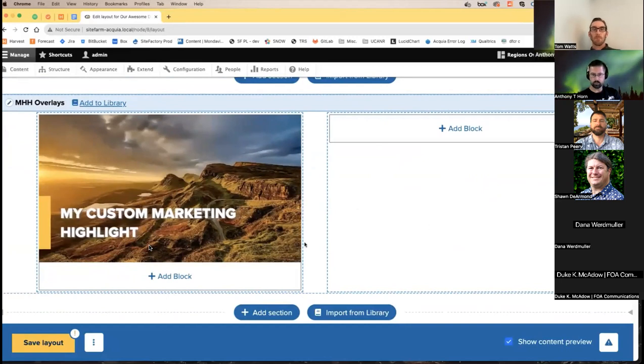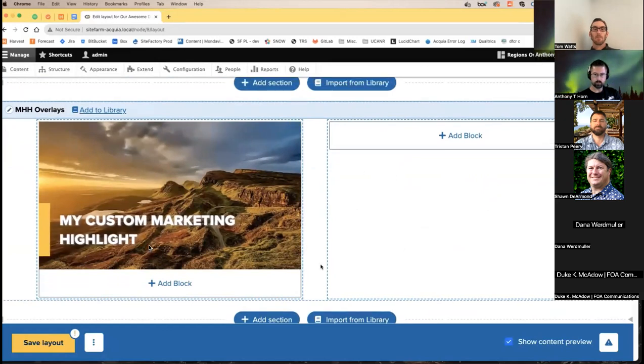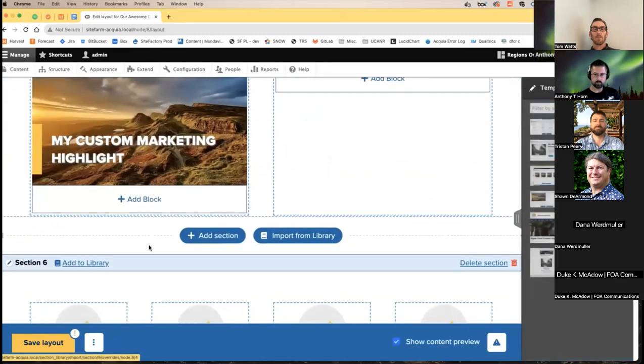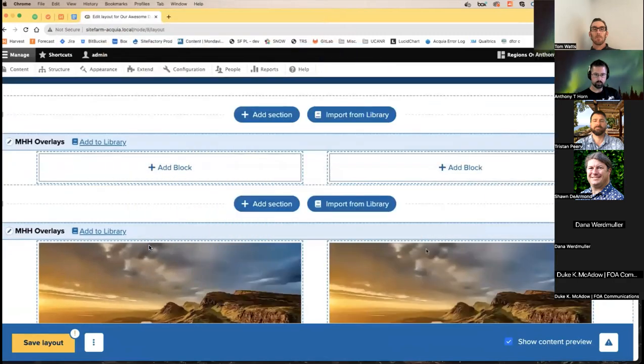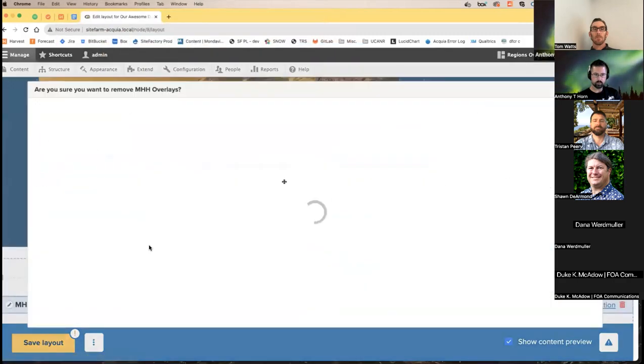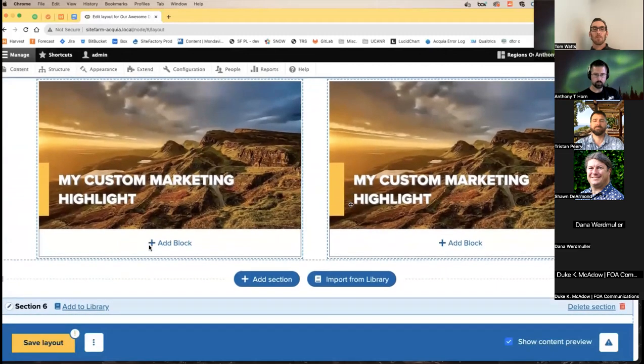Well, unfortunately, there's not a copy paste and there's not a clone feature, but what you can do is, if you have this thing saved into a layout or a layout with one of these saved in it, you can just bring it in real quick, say, all right, give me another one of those. And let me just grab this and drop it in this region. And no thanks, I don't need that anymore. Look at that. I got myself